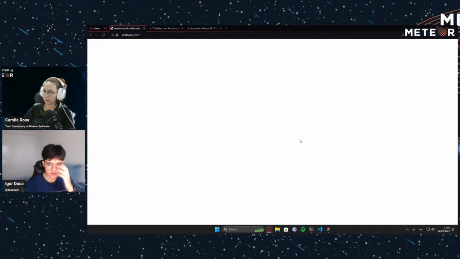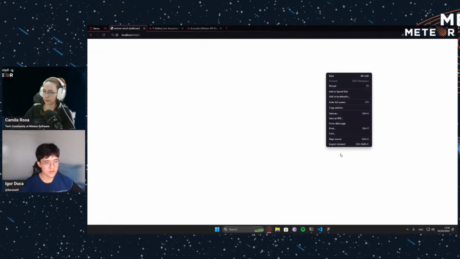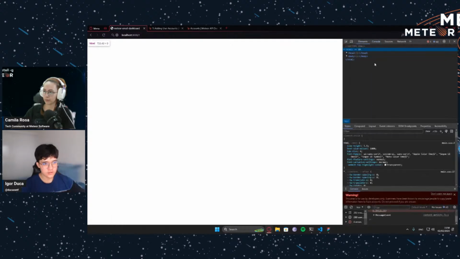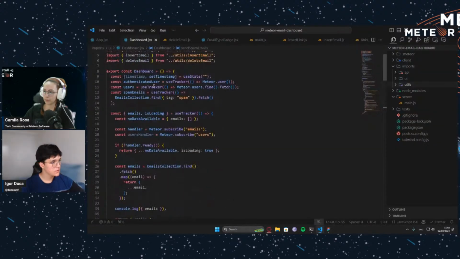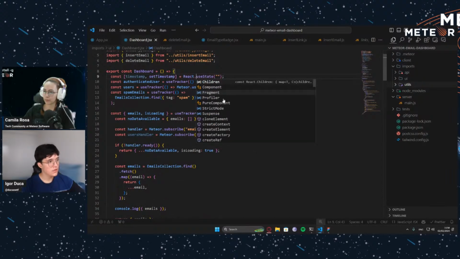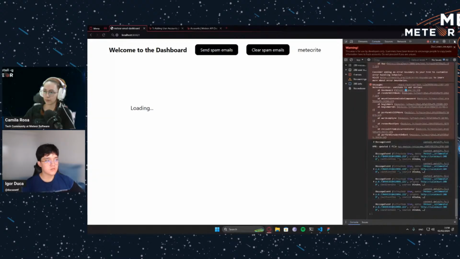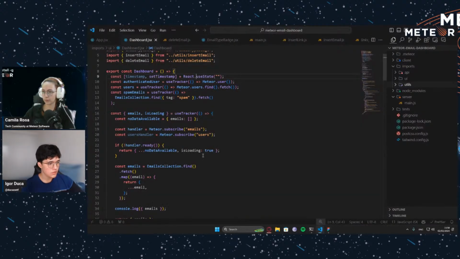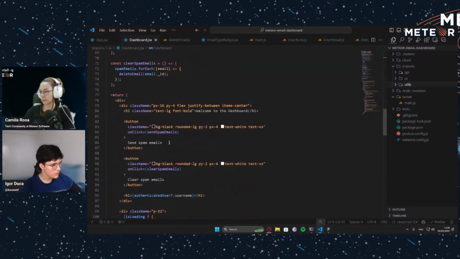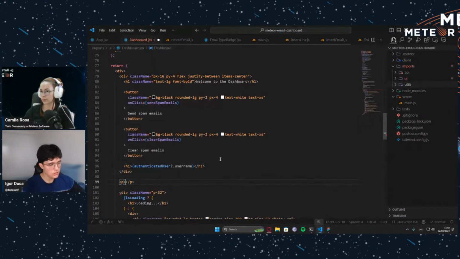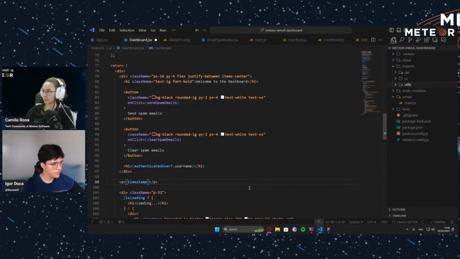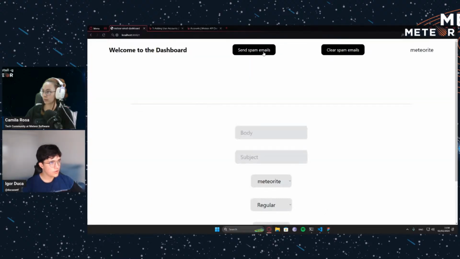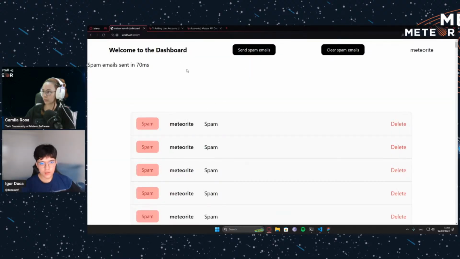And now we can send 500 emails and take a look at how much time it will need. useState is not defined, so I can go here, React.useState. All right, now we don't have any emails, so now I'm going to come here and do this. Send timestamp emails. So we needed 70 milliseconds to send 500 emails,